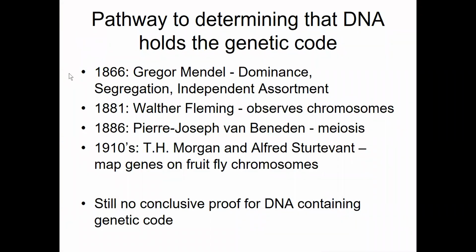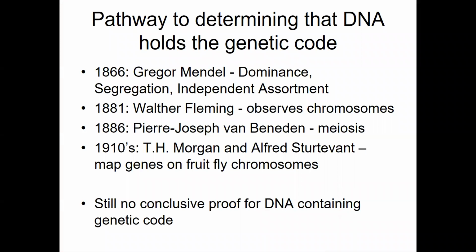We've already been talking at length about Gregor Mendel and how his experiments breeding pea plants with each other helped him determine the laws of dominance, segregation, and independent assortment. And Gregor Mendel thought of genes as almost like little individual particles that were passed on from parent onto offspring,